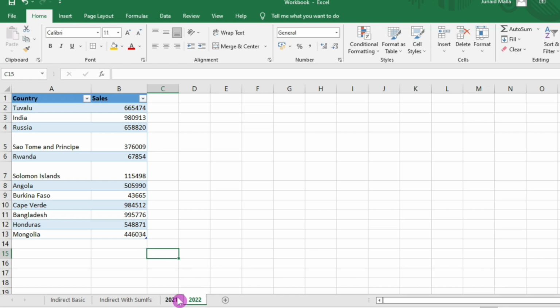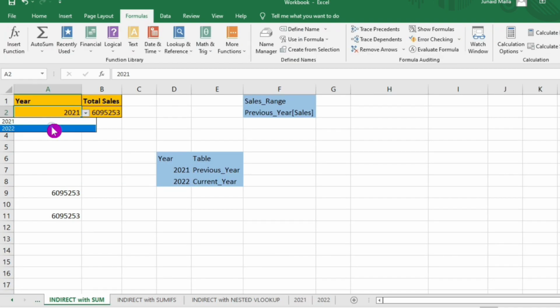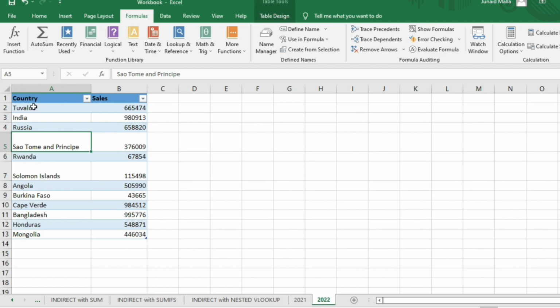This is a simple scenario here, and instead of only two worksheets, I can have n number of worksheets. I can have 10 worksheets, 20 worksheets, depending on the situation. Here when I select year 2022, I will get the total sales for that year. When I check the total sales here on this sheet and in this table,